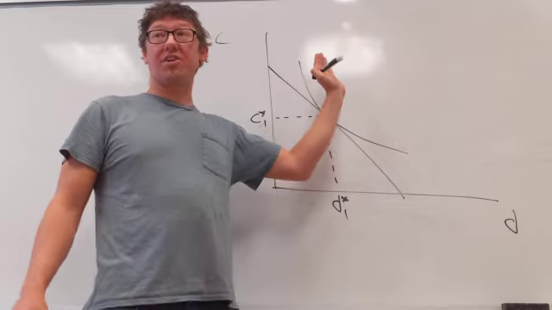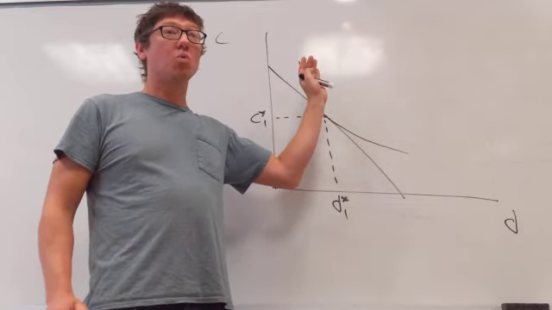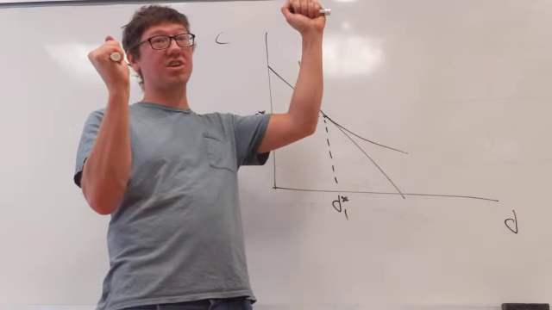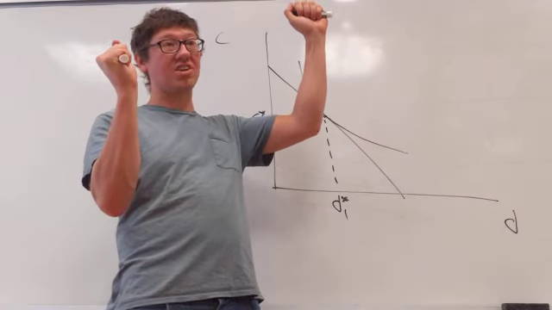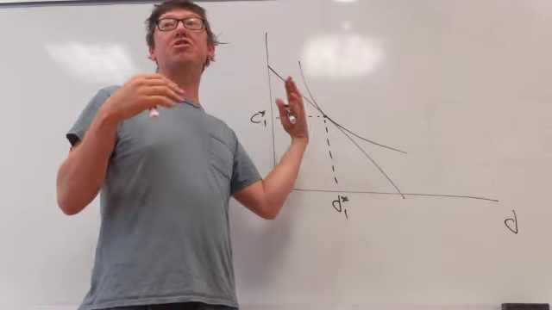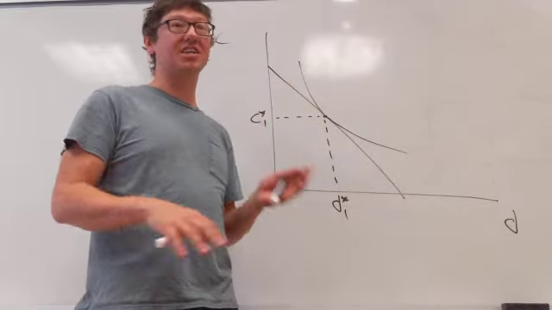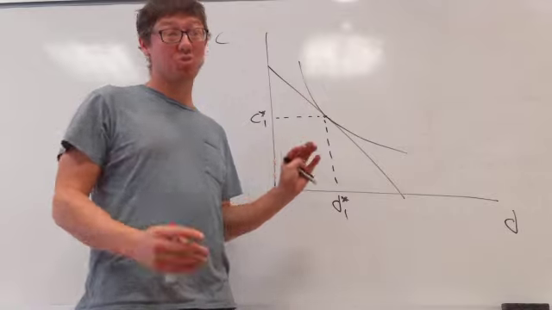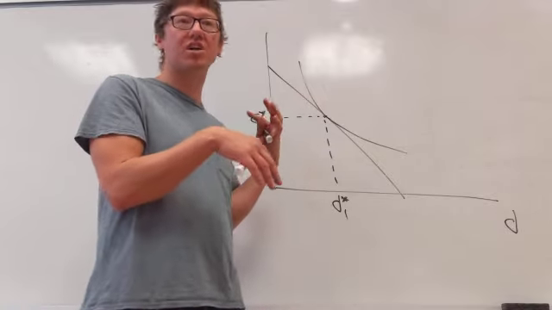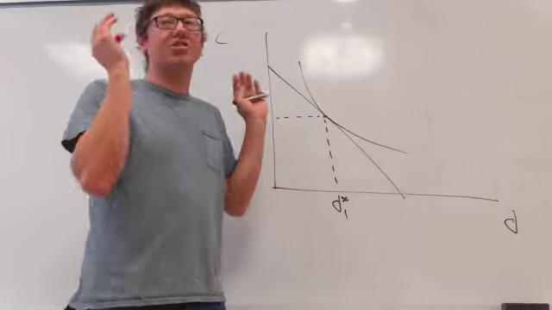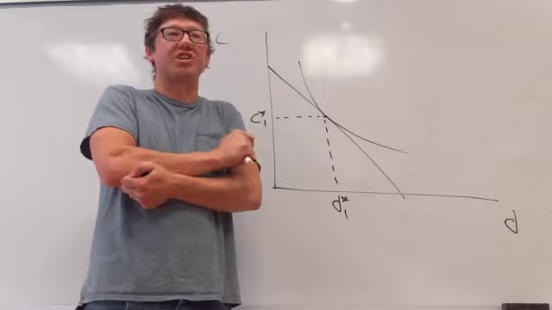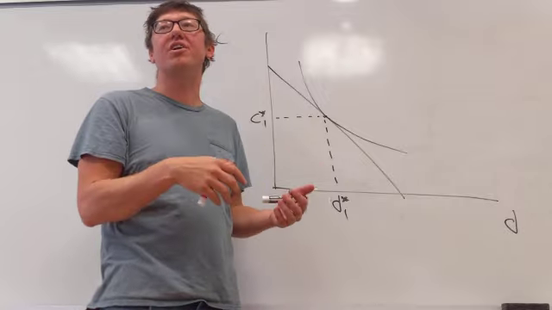It'll shift outward. You can afford more stuff. Will the slope change, or will it just be a level shift out? Just a level shift, right? Because the slope of this, remember, is the ratio of the prices, and I didn't say anything about the prices changing. We'll do a lot with the prices changing momentarily. That's probably the more interesting set of results. But for now, the relative price of coffee and donuts didn't change, therefore the slope of the budget constraint didn't change. It just shifted outward.